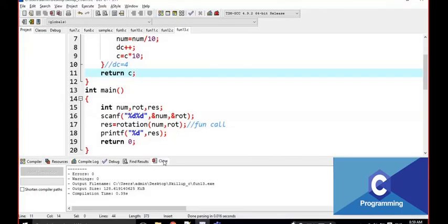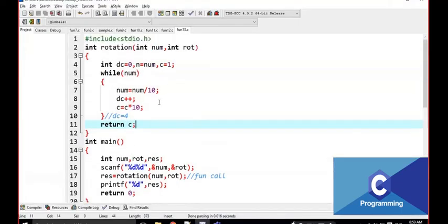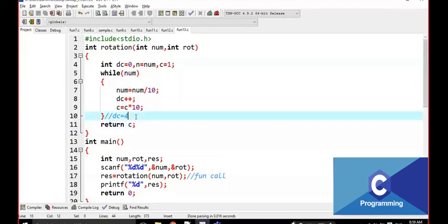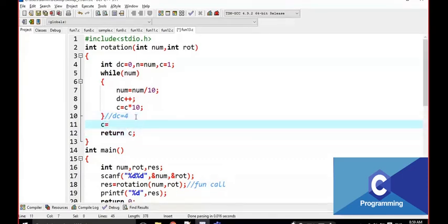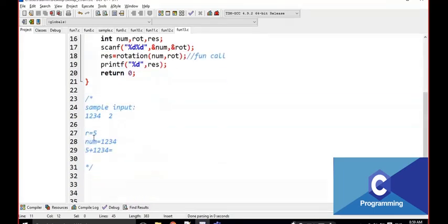Because for all the numbers it is going to be checked. For all the numbers, 4 numbers into 10, that is going to be 10,000. I don't want 10,000. I want 1,000. For a 4-digit number, I want 3 zeros only.